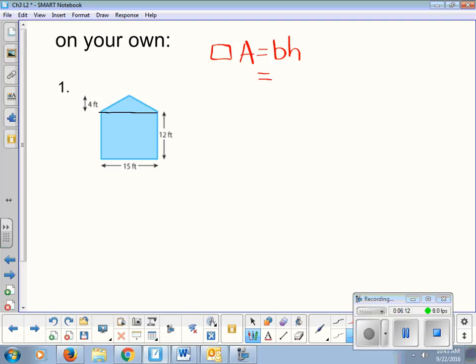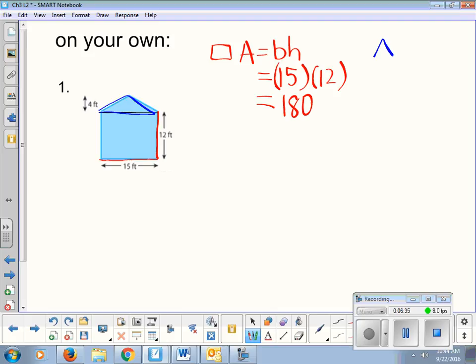Base times height. For this rectangle, what is our base? 15. And what's our height? 12. And when you multiply 15 times 12, what do you get? 180. We also want to find the area of our